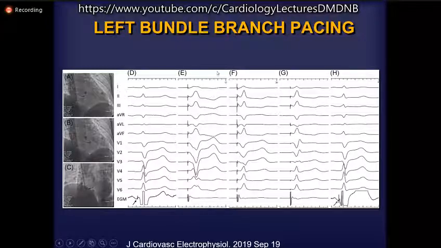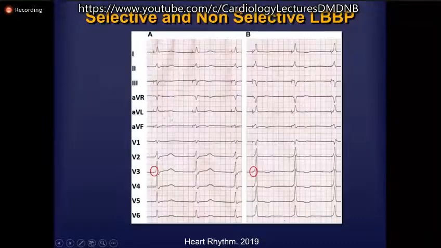So you can see here in panel E that you are initially pacing to look at this particular notch on V1. And then as you're screwing your lead in, slowly your V1 morphology changes, and then you get your particular RSR prime pattern or a RBBB like pattern. You still note that the QRS is relatively narrow. And then finally, when you pace with bipolar pacing, when you also have capture with the anode as well, you end up with a very narrow looking QRS, and this looks pretty good.